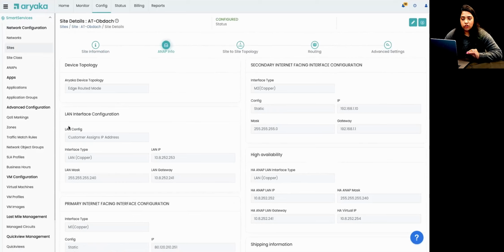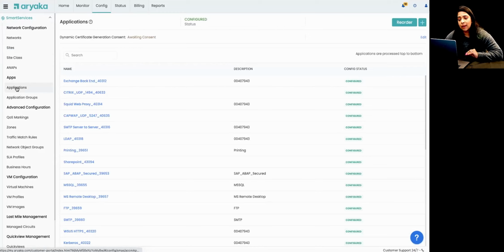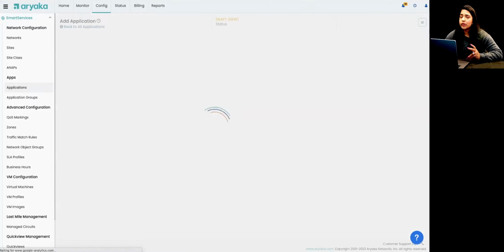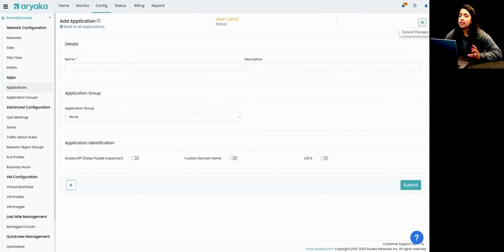What I would also like to show you is that you can manage your custom applications. We do have the ability to discover the applications on the network on the fly. But let's say you had a custom app hosted at an IP on a custom port using a custom protocol. You can go ahead and create it. You could also create an app that's both discovered and